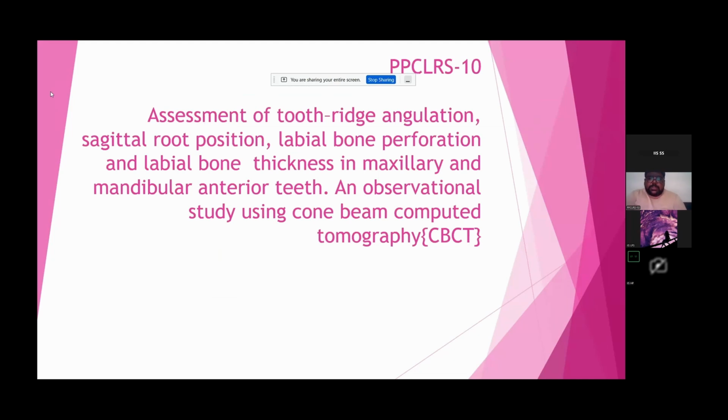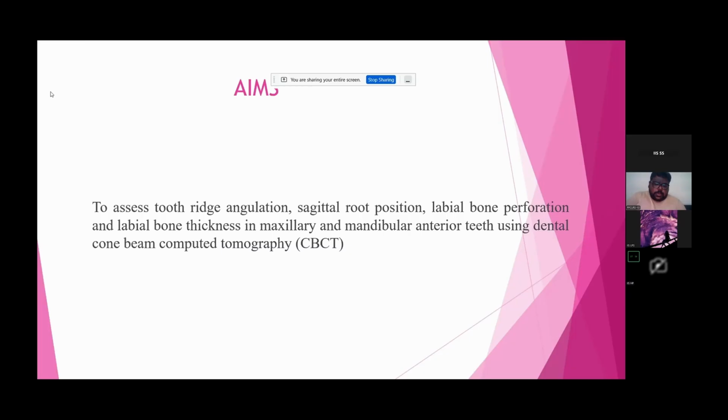First of all, I will start with the topic name: the assessment of tooth ridge angulation, sagittal root position, labial bone perforation, and labial bone thickness in maxillary and mandibular anterior tooth. It's an observational study using CBCT. Now, coming to the introduction, continuous innovation in the field